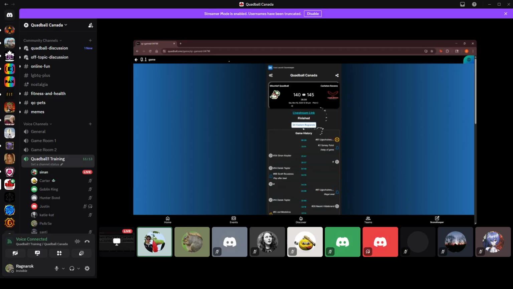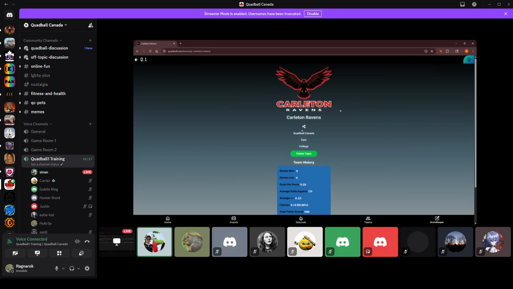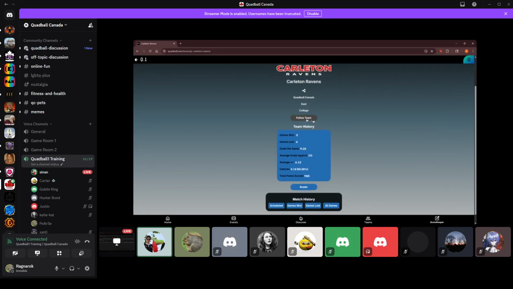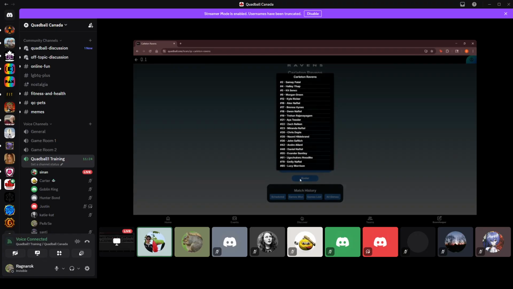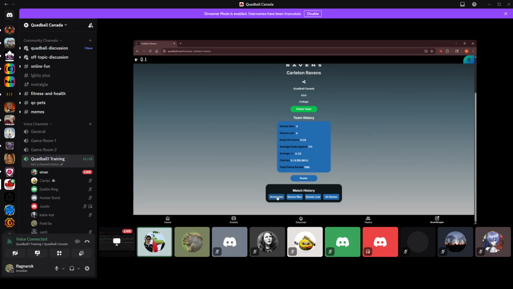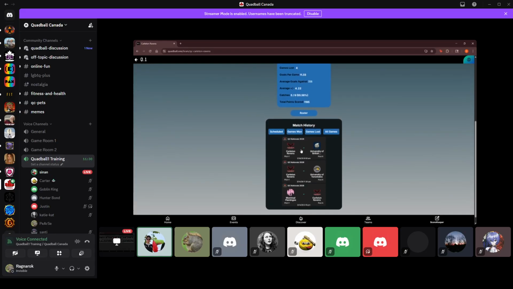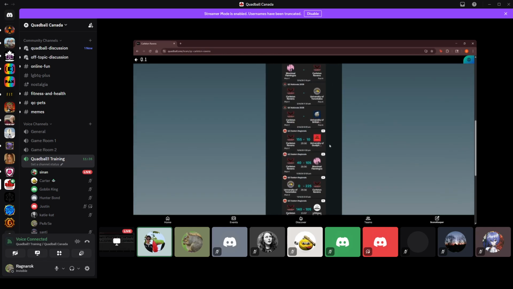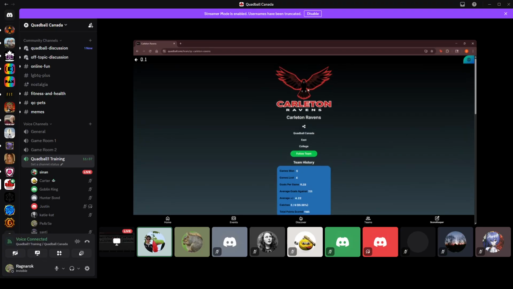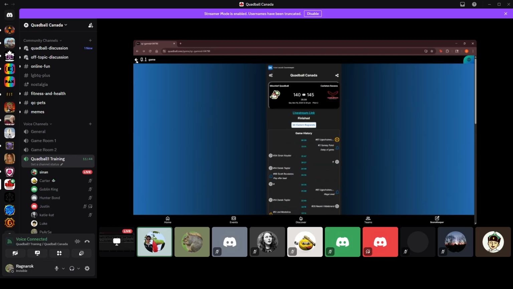Another thing I can do is if I click on any one of the teams, it'll take me to that team's page, and you can follow that team, and you can see their record and their roster here. All of the players are here, and you can see what upcoming scheduled games they have. You can see their past games, won, lost, and all the games that they played. So this is what a team page looks like. If I can just go back to that event page,